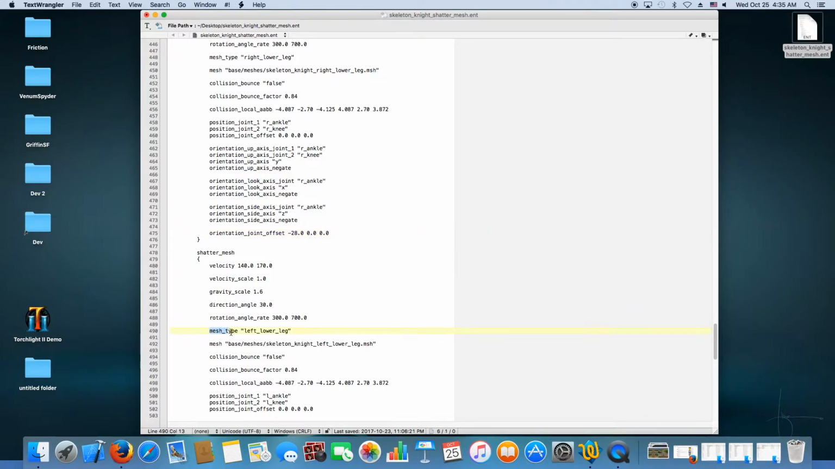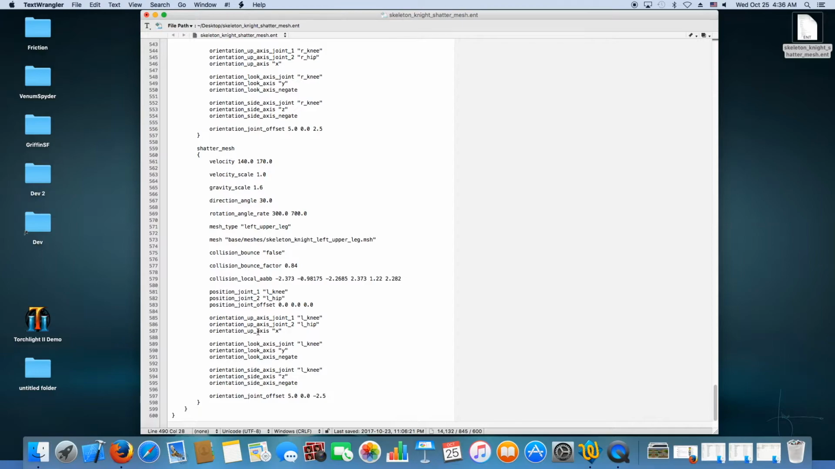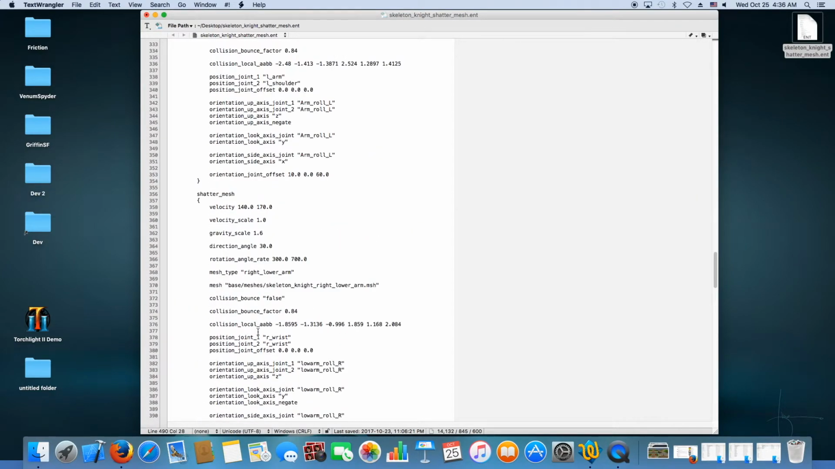And the mesh type I also use when I do the shatter to calculate sometimes how I want the mesh to shatter and in what direction. This is used by the component system when it's processing the shatter mesh component. It uses the mesh type to figure out the rules for what it's going to do for shattering the mesh. So here there's 14 pieces. And like I said, I describe each and every one. Luckily,